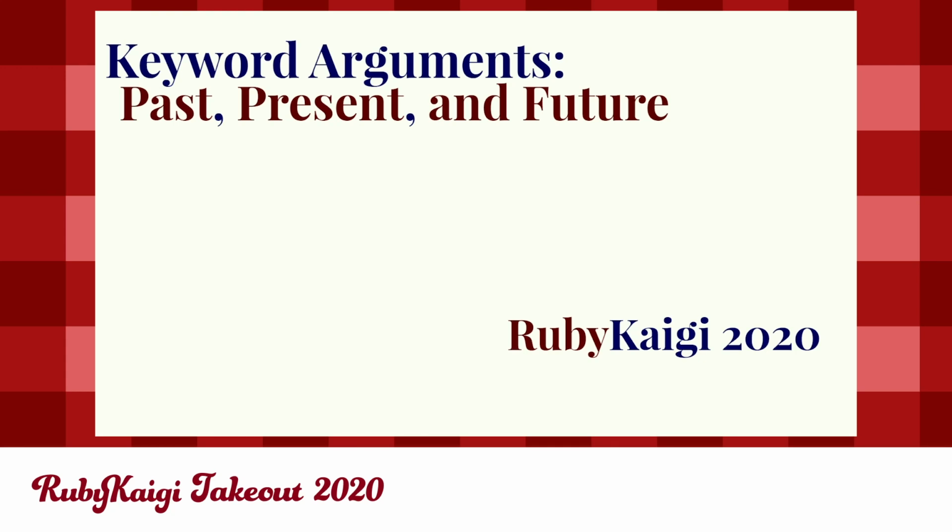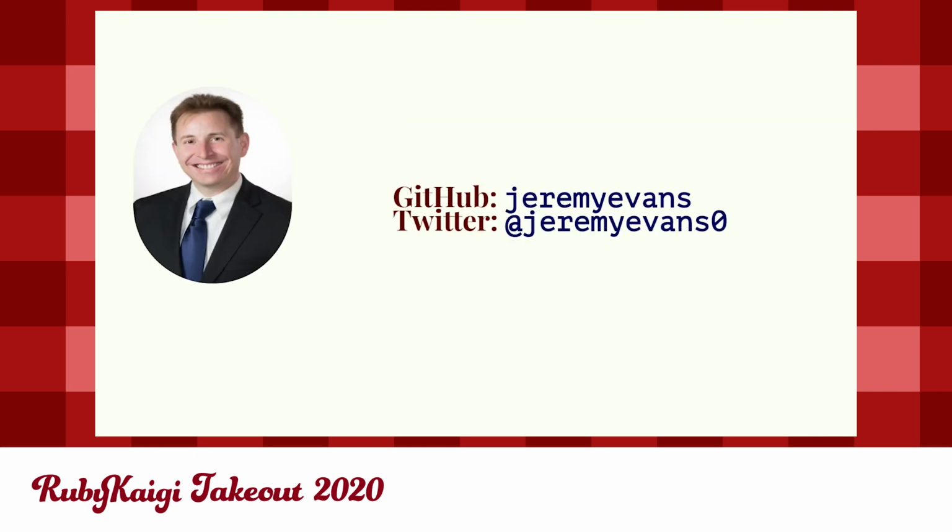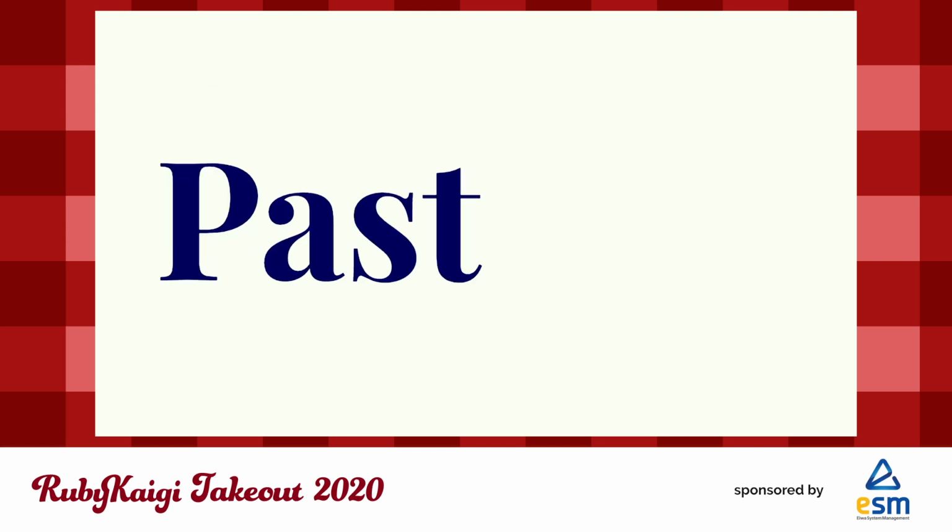In this presentation, I will discuss the history of keyword arguments, their current implementation, how keyword argument separation was handled, and future improvements to keyword arguments. My name is Jeremy Evans, and one of my main focuses since becoming a Ruby committer last year has been implementing keyword argument separation. Back when I started using Ruby, around the time of Ruby 1.8, Ruby didn't have keyword